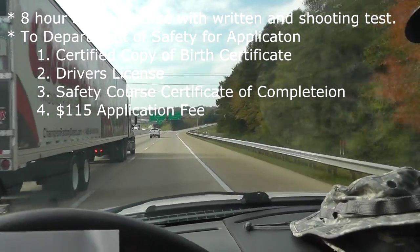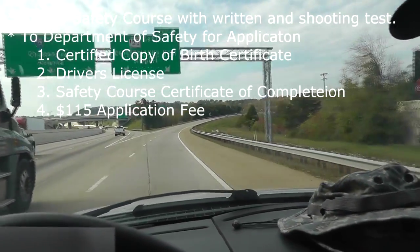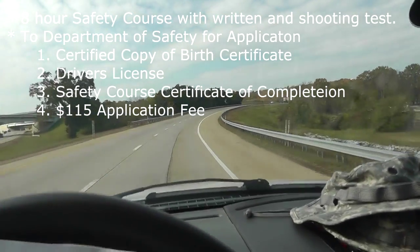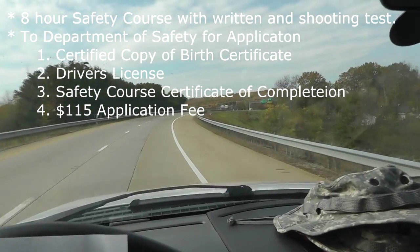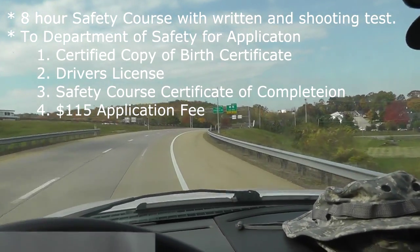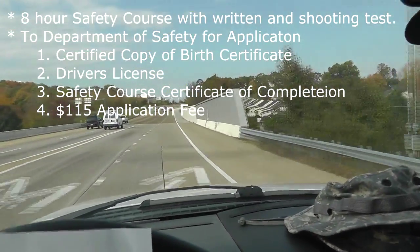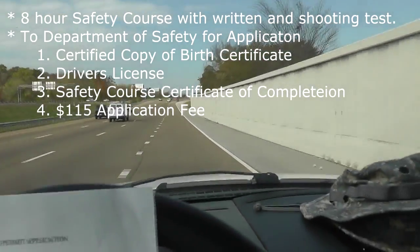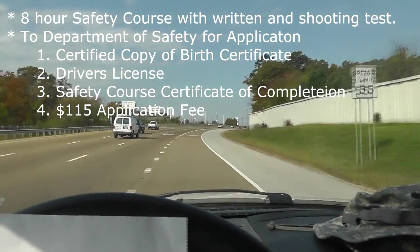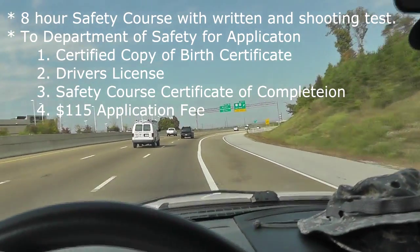a few days later I took it to my Department of Safety, basically where you get your driver's license. And I did notice that they changed it to the Department of Safety and Homeland Security. I didn't realize that. And so it made sense as to why I had to go to the driver's license place at that point, I guess. But anyway, I picked up an application there, filled it out. There was a long line, so I actually took it home and filled it out. And took it back today, this morning. It took me about 30 minutes to wait in line for that, and